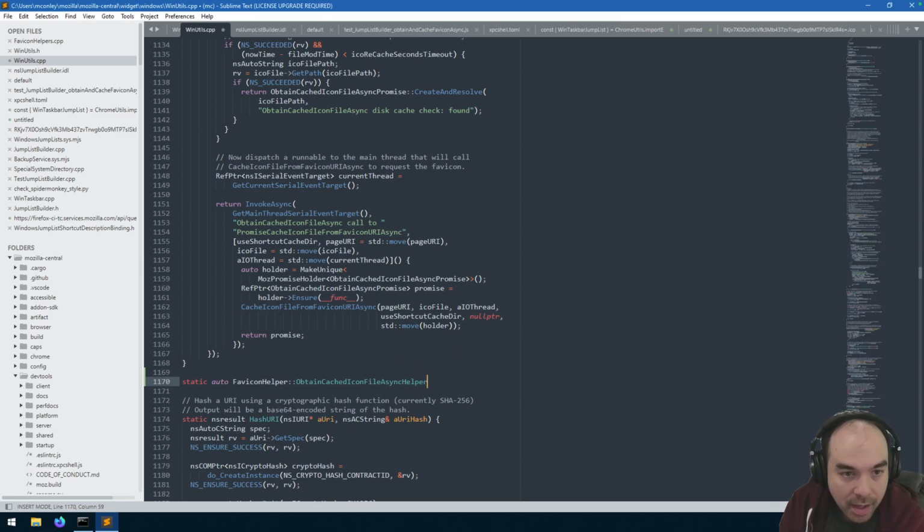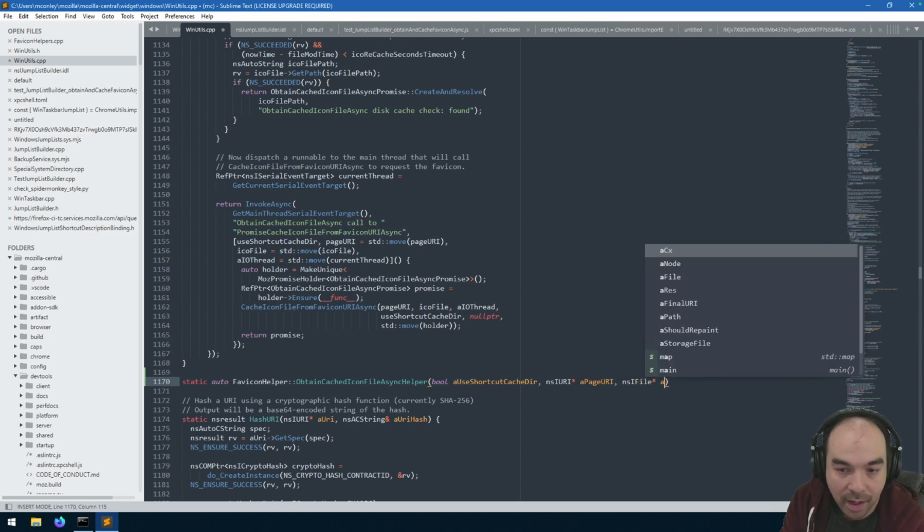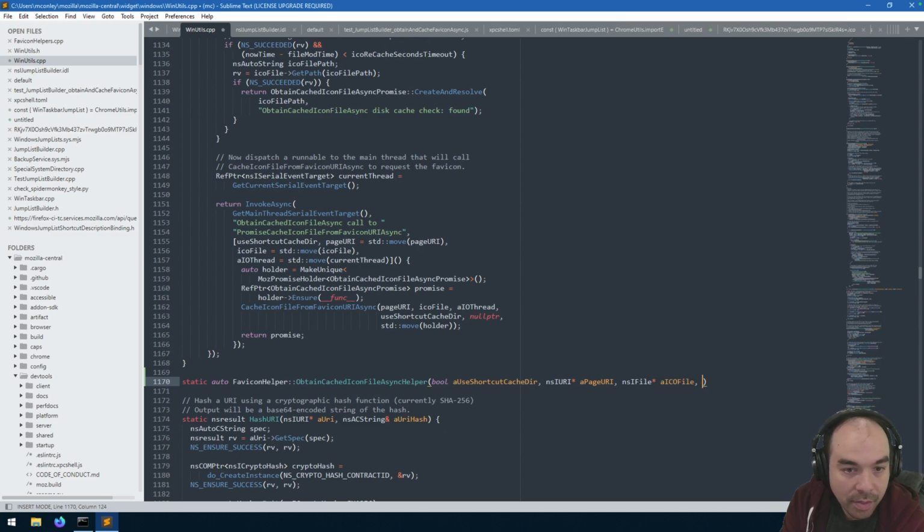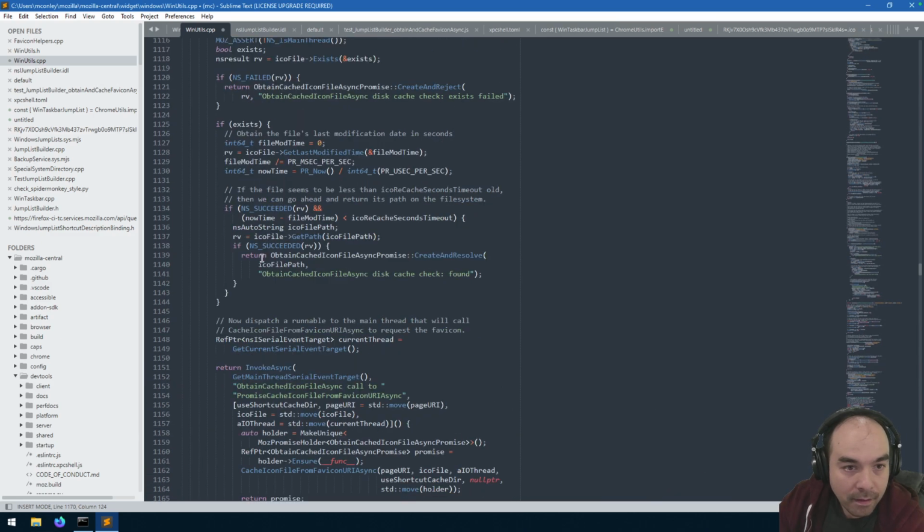And it's going to take a Boolean, use shortcut cache dir, a URI, nsIURI, a page URI, an ICO file, nsIFile, and a thread. And I think it's just like,